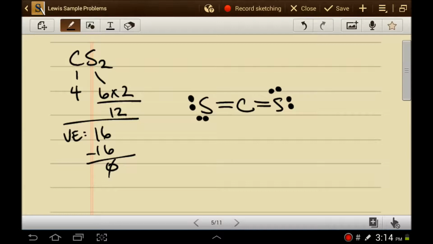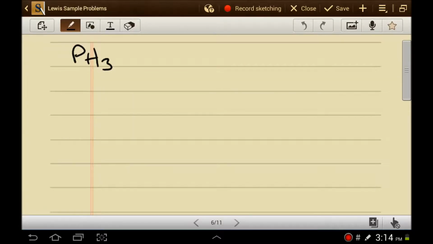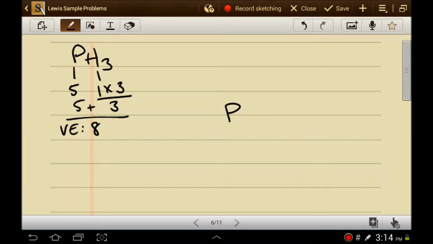Ooh, a molecule with hydrogen in it. Alright, let's do this. Phosphorus has 5 valence electrons. Hydrogen has 1 valence electron, but there's 3 hydrogens, so we would have 3 plus the 5 makes 8 valence electrons total. The central atom in this case is going to be phosphorus, because hydrogen can never ever be the central atom, because hydrogen can never ever have more than 2 electrons around it. So we'll give everyone 1 bond to the hydrogen,